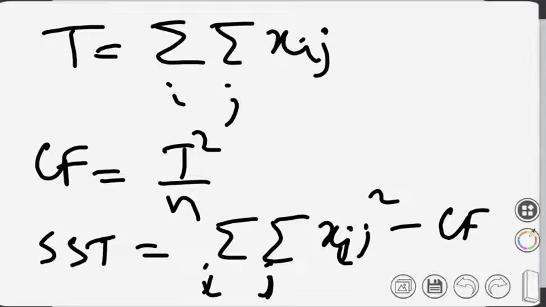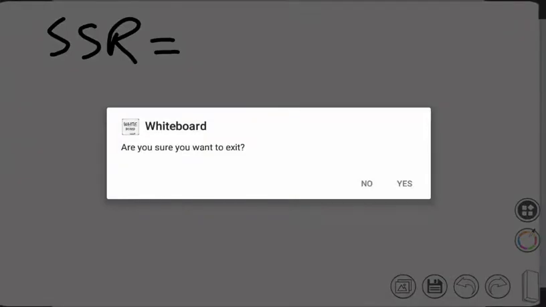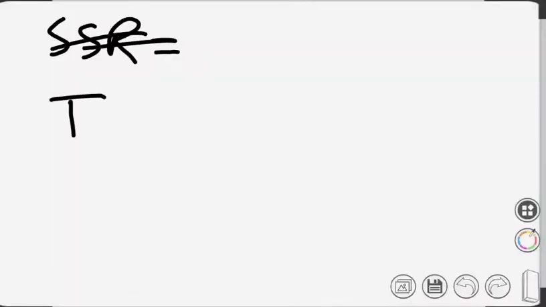Now there are certain new formulae. Now we have the differences. So now we have SSR, which is the sum of squares for rows, and this is equal to, please try to follow this way. We have written T. I can write T as, please try to understand, T1, so summation Ti.